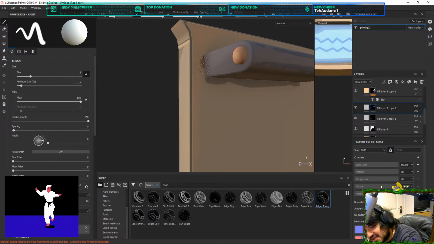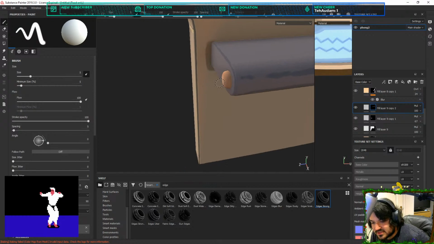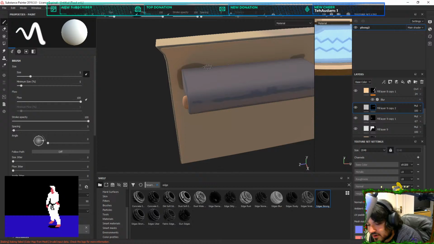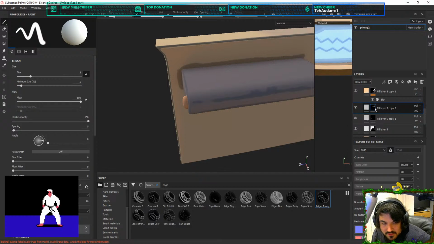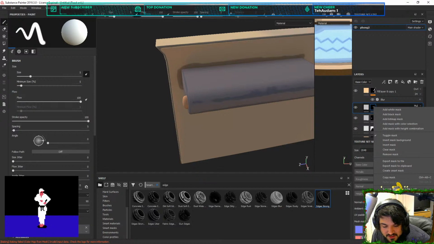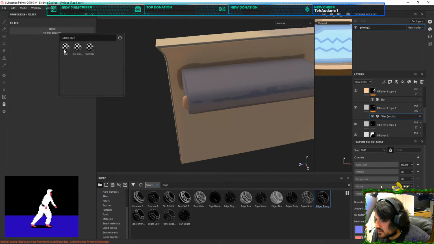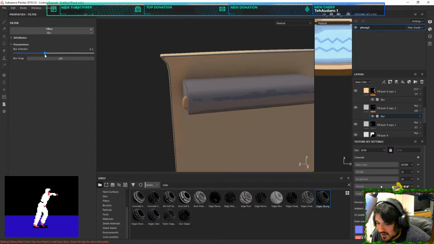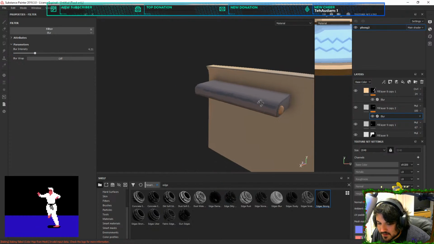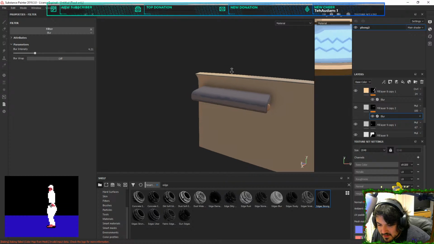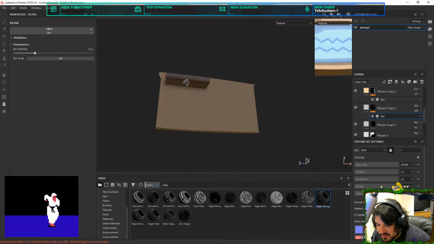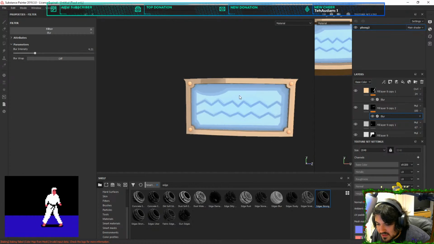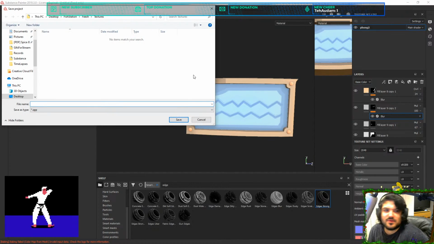Well, actually, I guess it's a hand-painted scene, isn't it? Because I'm manually painting all the stuff when I want. Get a filter. Another blur. Turn it up. Do about there. Now it looks like you got a nice custom ambient occlusion on there. Cool, and that's probably all I need to do for the sign. Even though it took me like an hour.